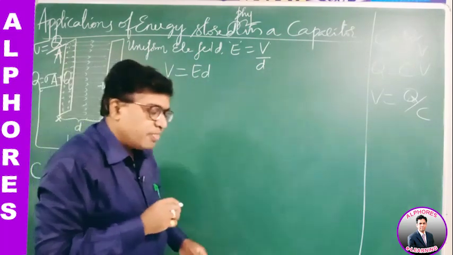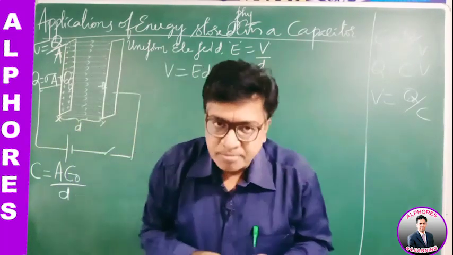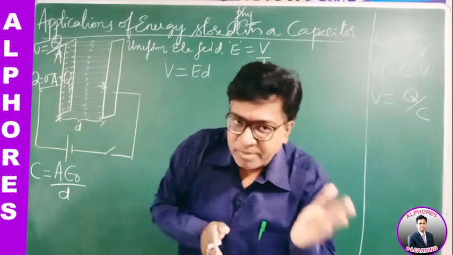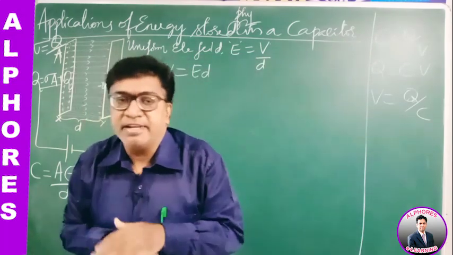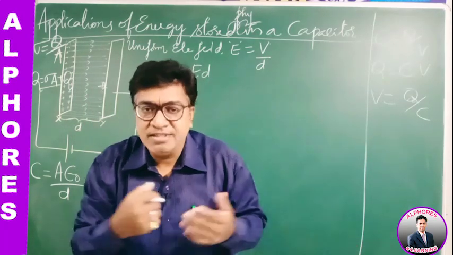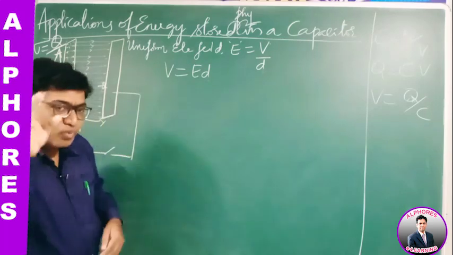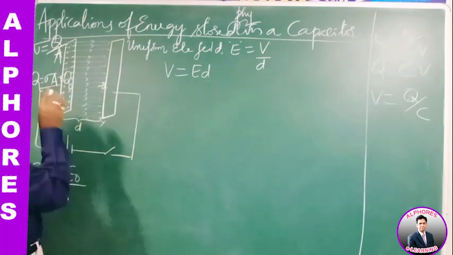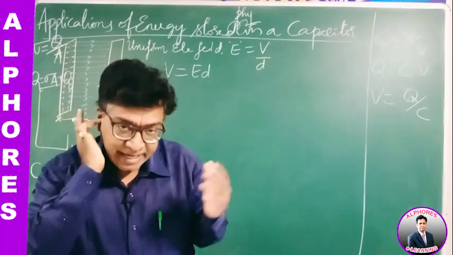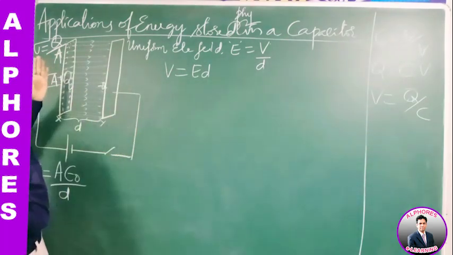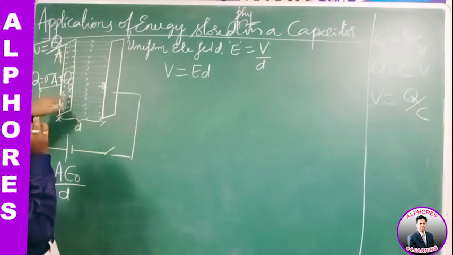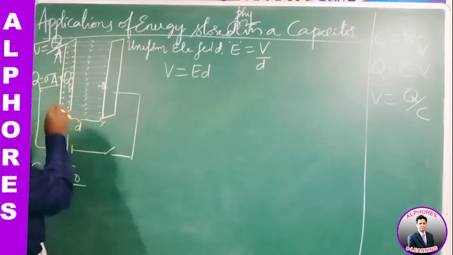Suppose in a capacitor, what is the charge stored? Well, on one plate it is plus q, the other plate is minus q. The net charge becomes 0. So when the net charge is 0, what is the fun in using the capacitor? So what is the charge stored in the capacitor? It is the charge that is stored on the first plate, the positive plate. So the charge stored is plus Q. If the surface charge density is sigma, it is sigma into A, equation 1.